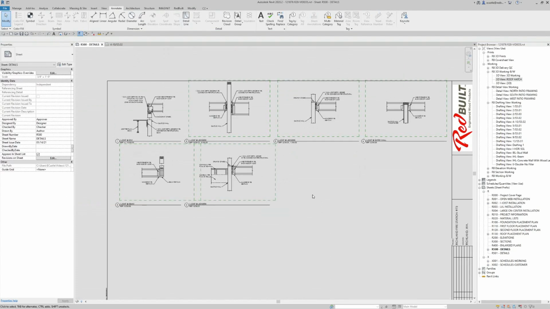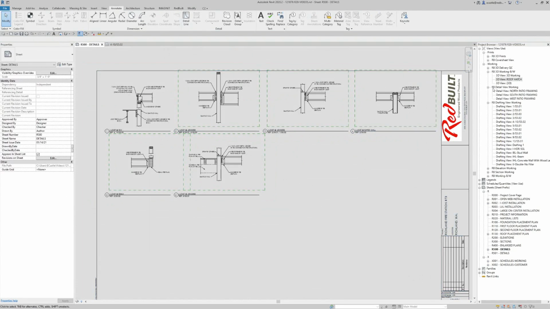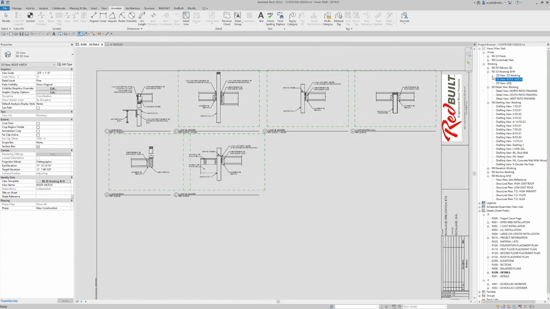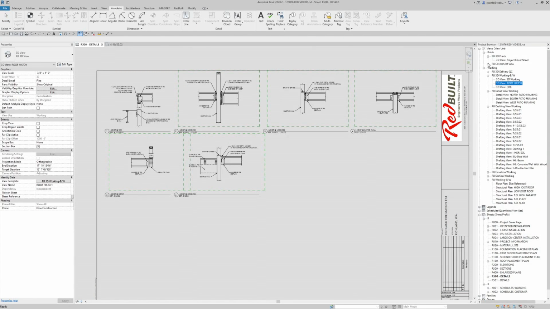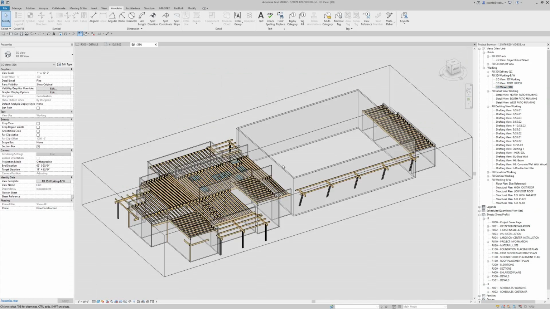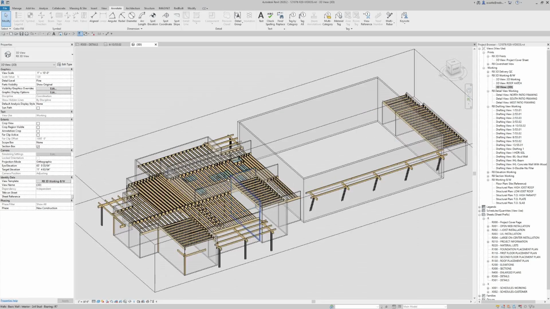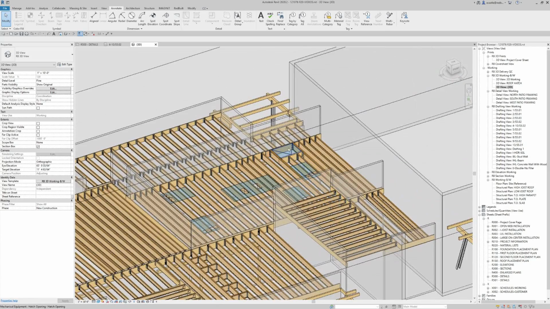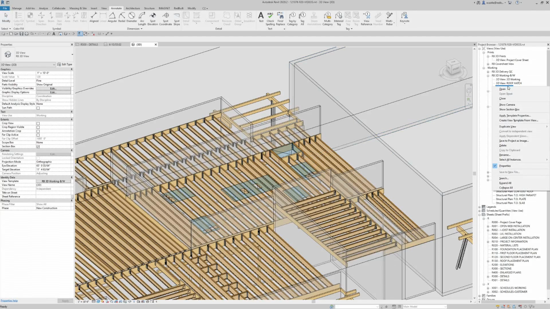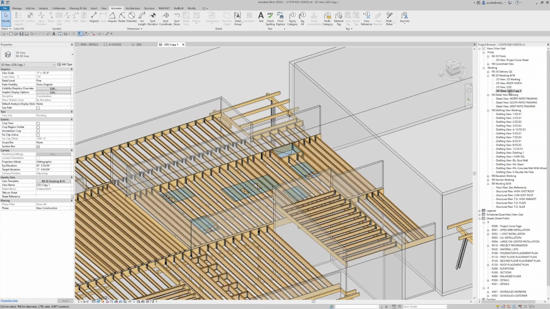First, I will delete that, and we'll want to go to our plan, which is our 3D plan is where we want to start. Now here, if I zoom in, I have my roof hatch that I want to detail. I already have the roof hatch, but we'll go through the process. So I want to duplicate this 3D view with detail,